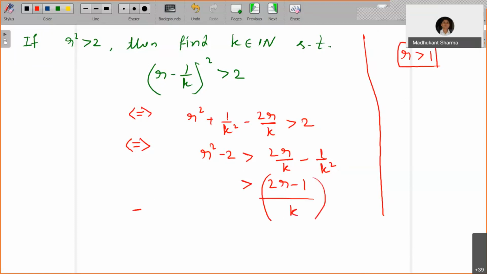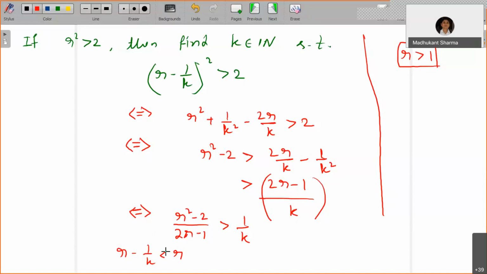Okay, so this is if and only if r square minus 2 by 2r minus 1 is greater than 1 by k. And then the Archimedean property gives you a guarantee that this exists, because 2r minus 1 is always a positive number. This is also a positive number. So you are able to identify such a k that satisfies this. So this assumption also tells you that r minus 1 by k is sitting left of this. So r is not a least upper bound then.